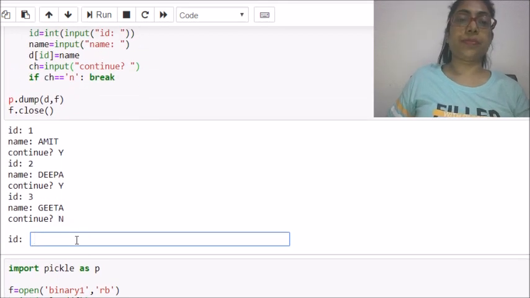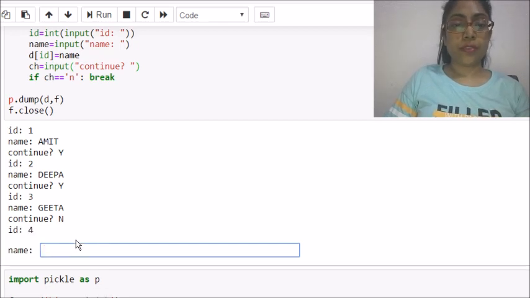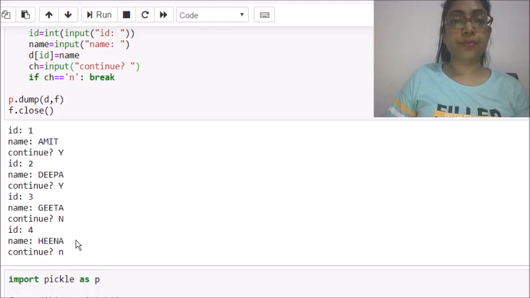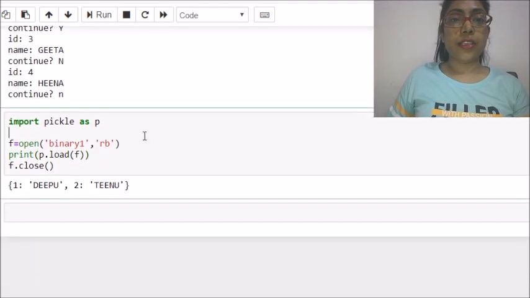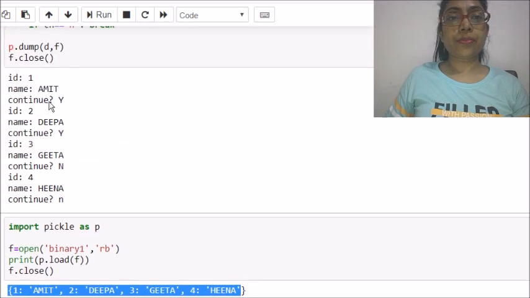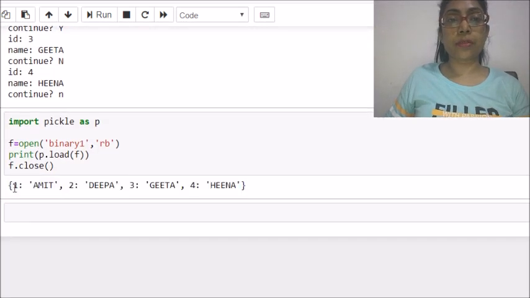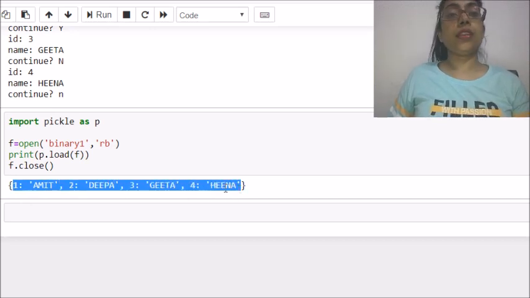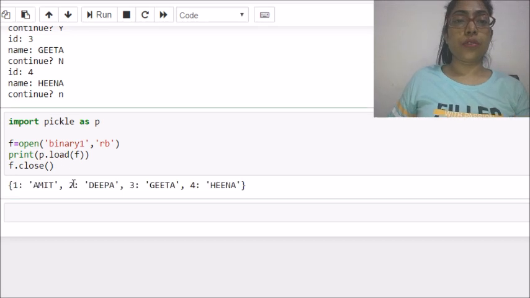Okay, capital N. Let's say the ID is 4 and name is Hina. No. Okay, let's read from the file. You can see the 4 elements I entered, 1, 2, 3, 4. So all 4 elements have been written in my file and can be read from that file using this load function.